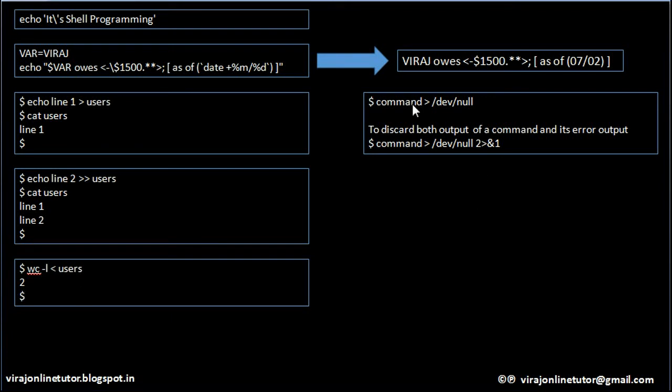What if I want the output of the script or a command to not display at all on the screen and also not in the file? Then what I do is I write the output of the command to /dev/null,